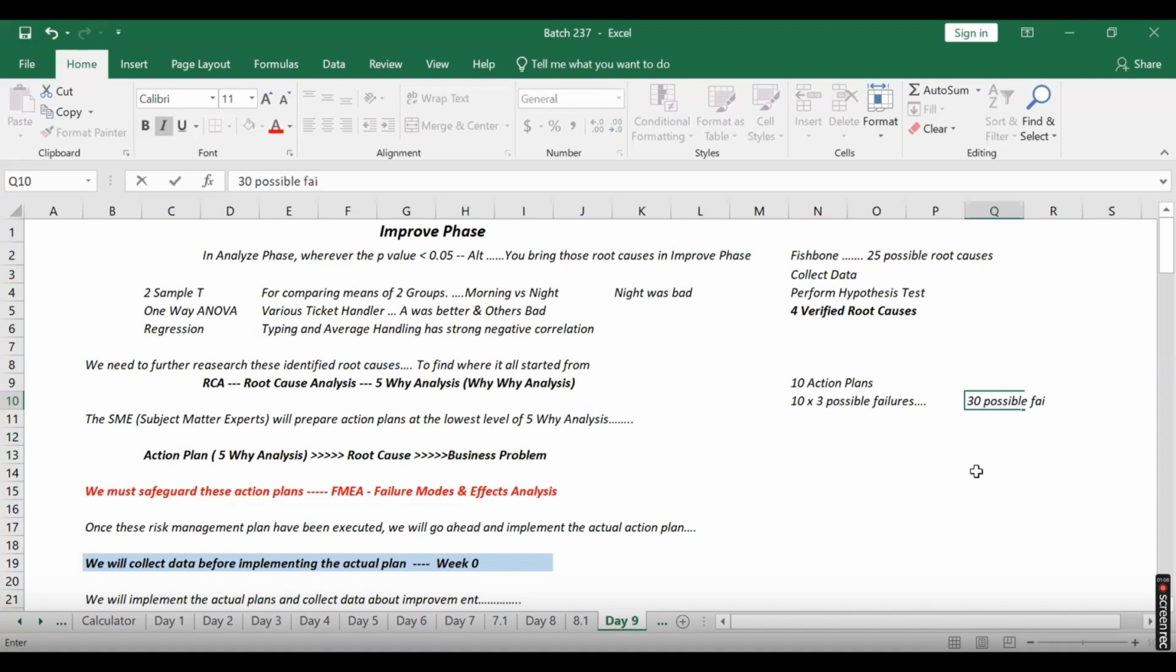You have 30 possible failures to manage. So if you have to implement 10 action plans, you have to cover yourself from 30 possible failures. And for each failure, hypothetically, just an approximate number, let's keep it at two risk management action plans, which we prepare like a preventive plan, backup plan, contingency plan, early warning signals, whatever we have to. If we have even 2 action plans per failure,